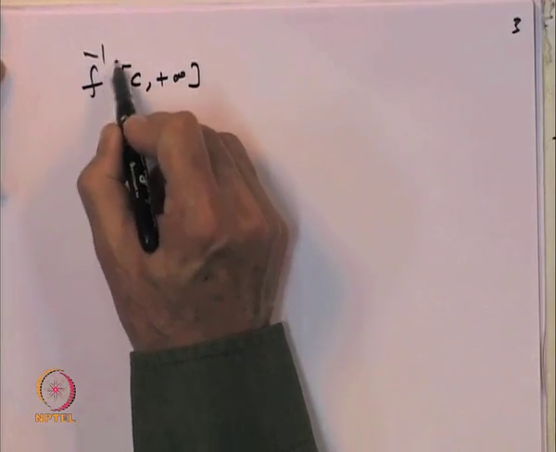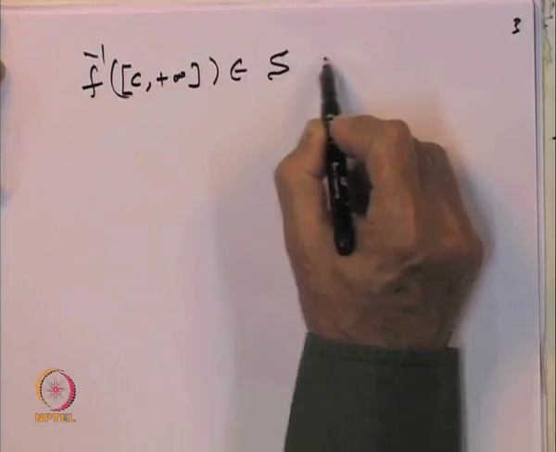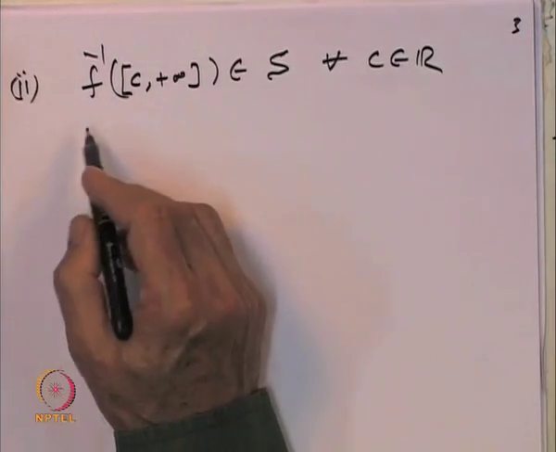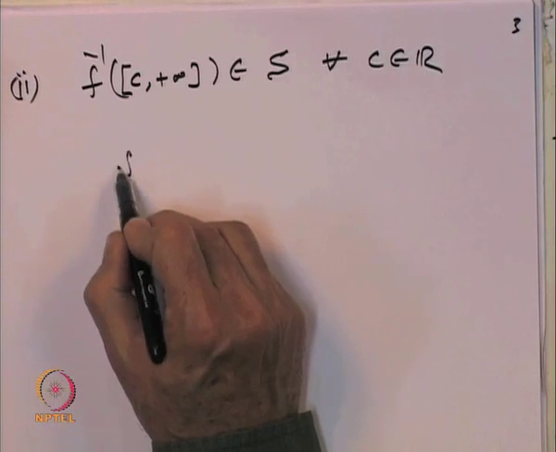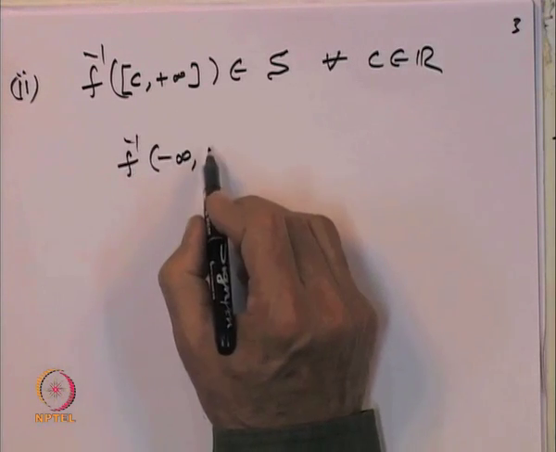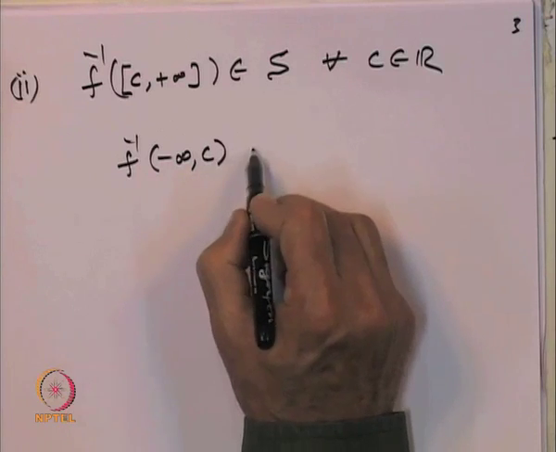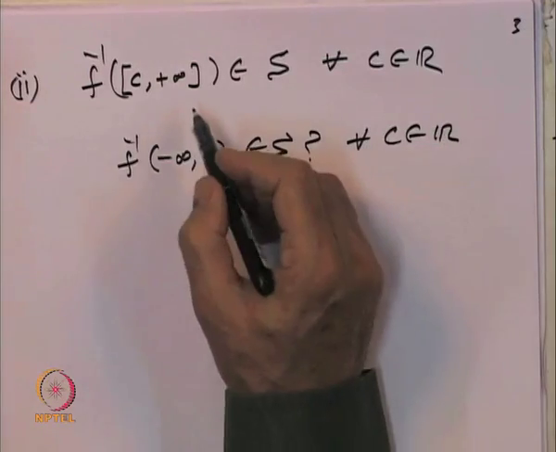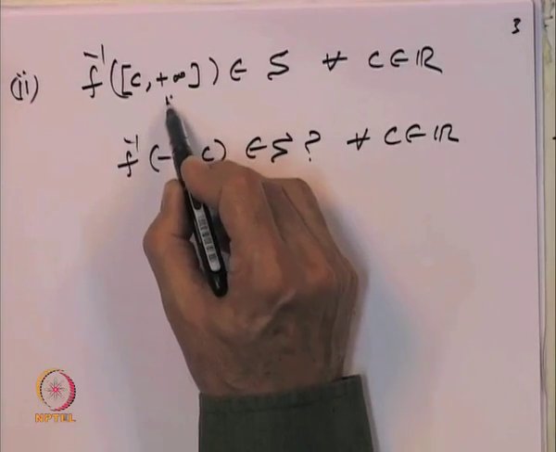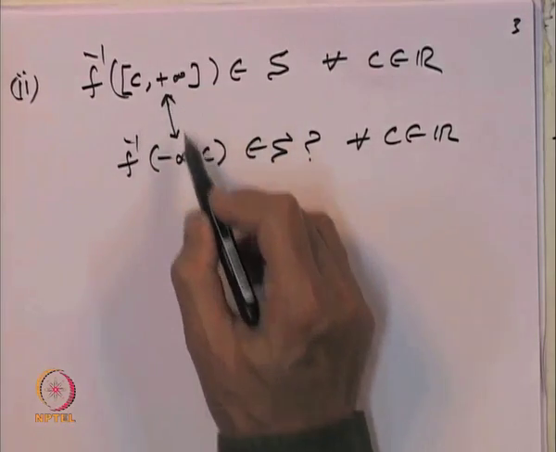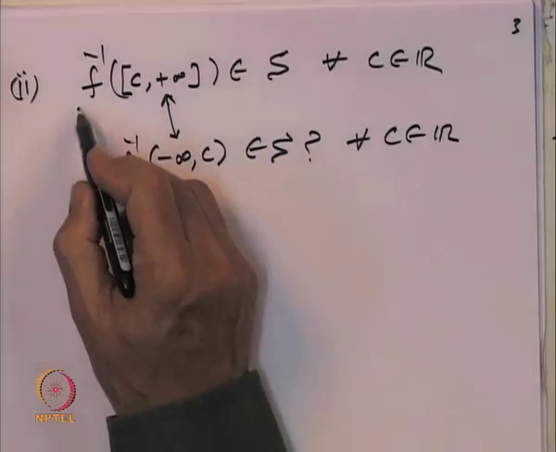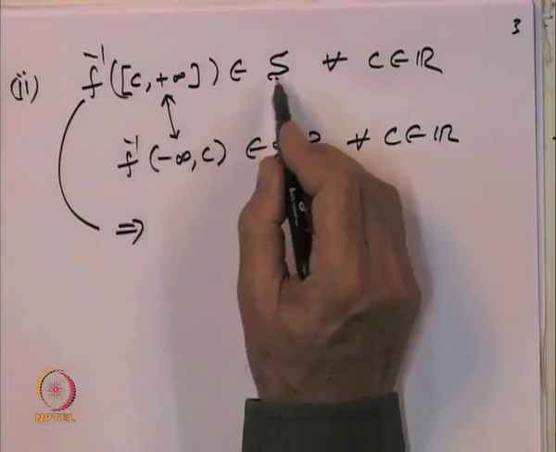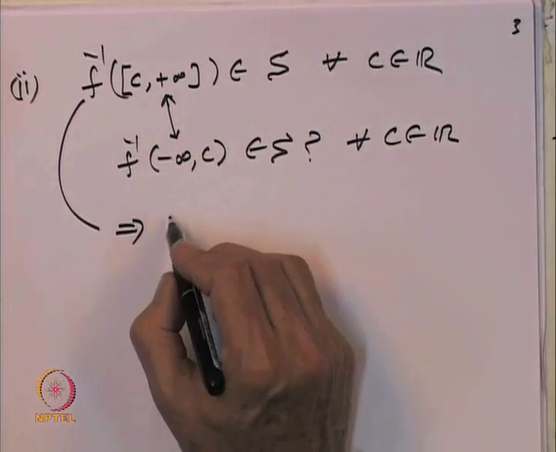So, we are given that f inverse of this belongs to S for every c belonging to R. That is the statement 2 which is given, and we want to show that f inverse of minus infinity to c open belongs to S for every c belonging to R. And if you look carefully, this interval and this interval are complements of each other. So, the given statement implies that, because this belongs to S, so its complement